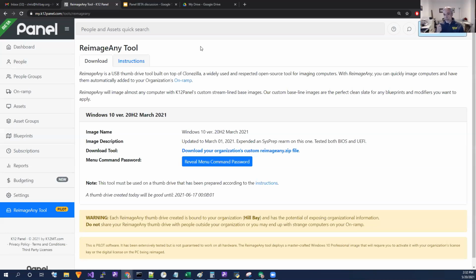It's a thumb drive based tool. It's based on Clonezilla. It's available to you if you sign up for beta, you could start using it right away. There's a tool that we've built that'll help you build the USB. And then once you build that USB, you can take and boot any machine off of it, and it'll deploy a Windows Pro vanilla image to it and then plug it into your panel, and you can start deploying packages